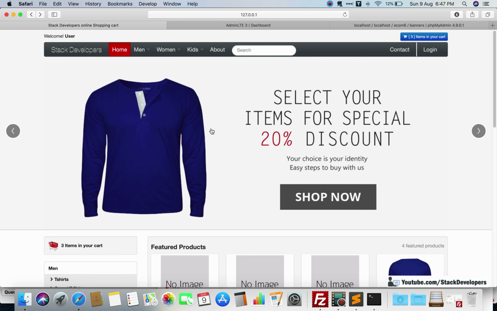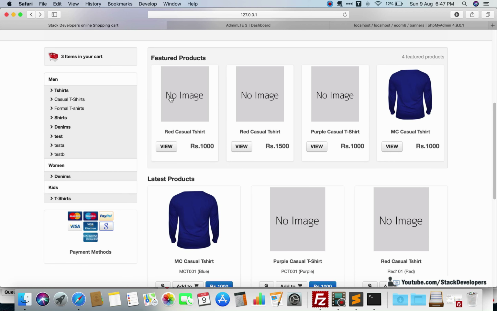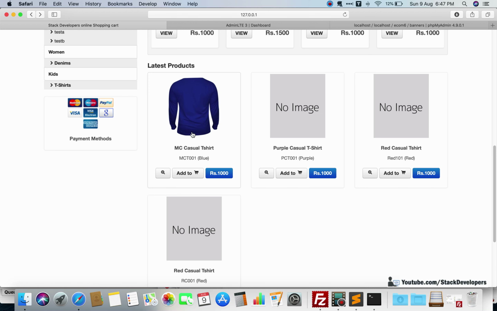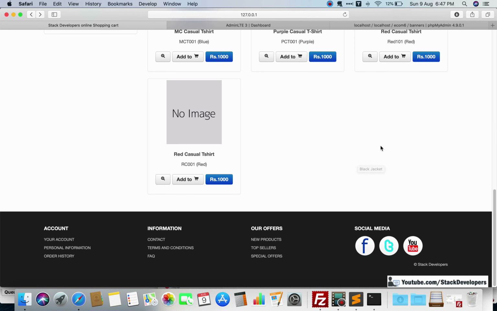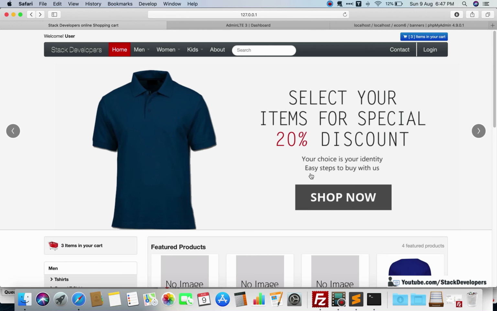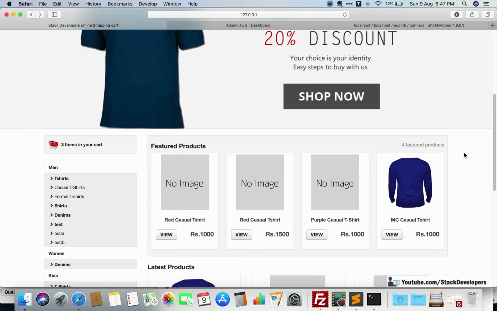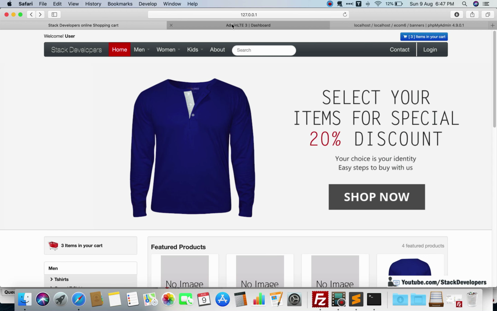We were able to complete the banners module as well. Banners are coming from the admin panel. Top header menu is coming from the admin panel. Left sidebar is coming from the admin panel. Featured products are coming from the admin panel. Latest products are coming from the admin panel. So everything on the homepage is coming from the admin panel now. Okay, but now we are going to work on other things as well. We will continue with the listing page. Okay, and more in the next video.